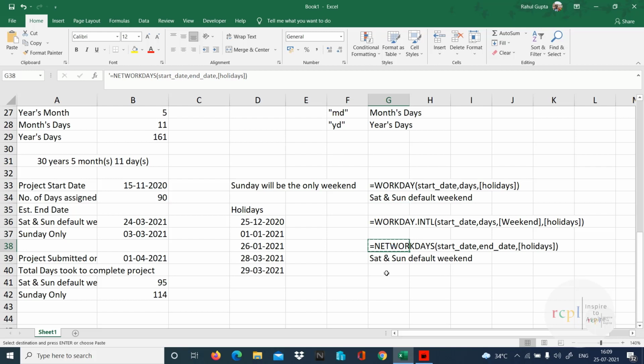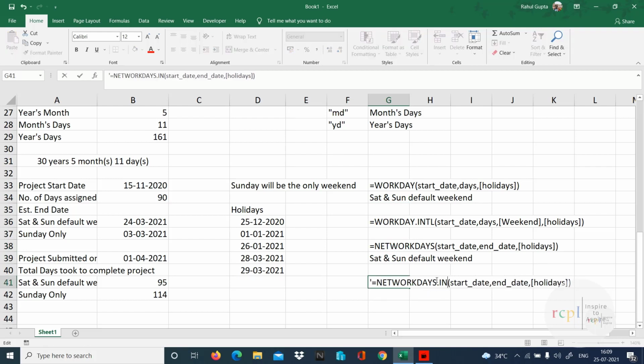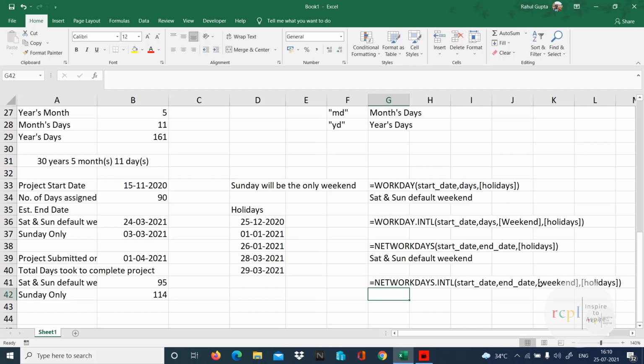And I'll just copy this function .intl, that's for international, and here we have to give the weekend also. So that's the function which we have to work on. So these are a few functions which help us get the calculation in dates.